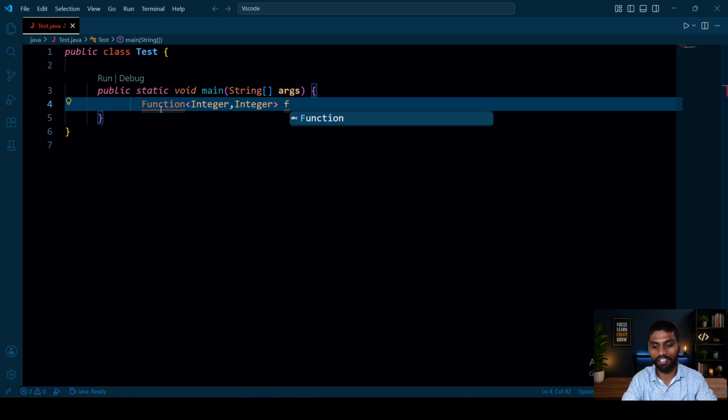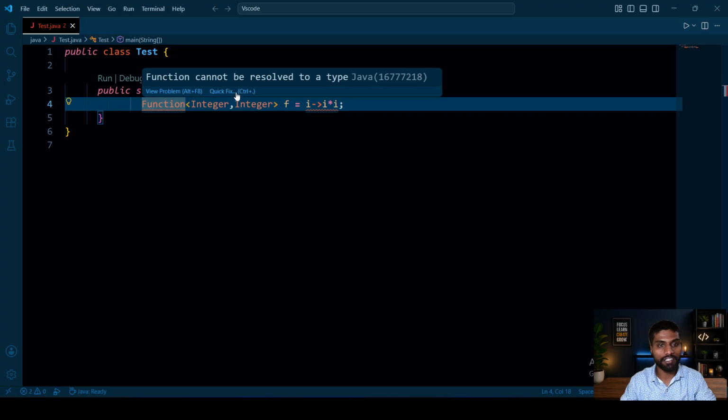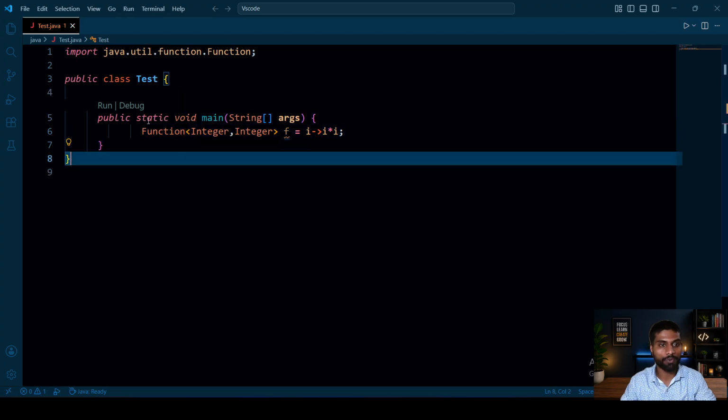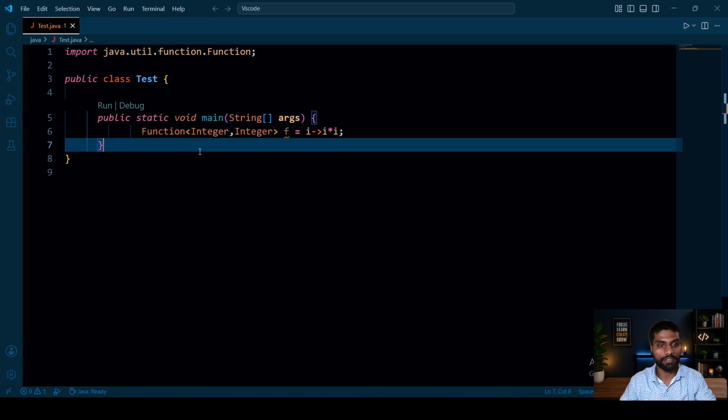I will name it f, any variable name. Simply write this arrow symbol, i into i. Then done. Are you understanding? Simply import this package. java.util.function is the functional interface. Okay.